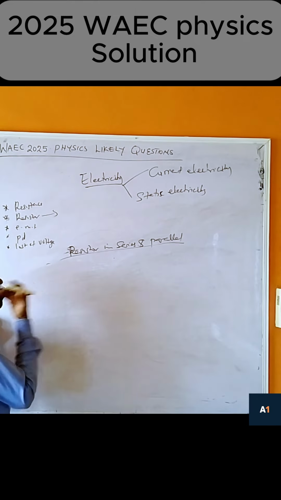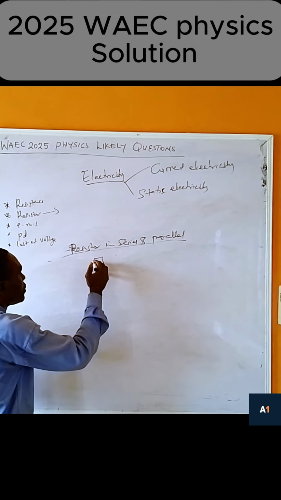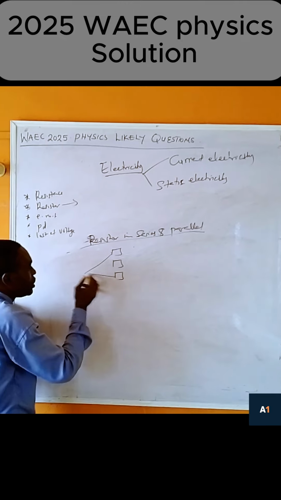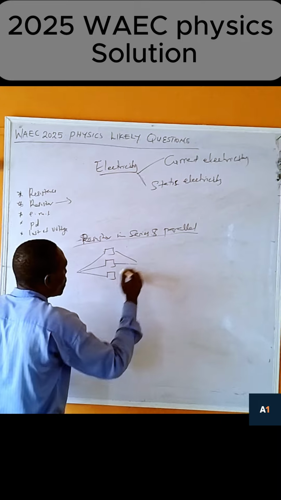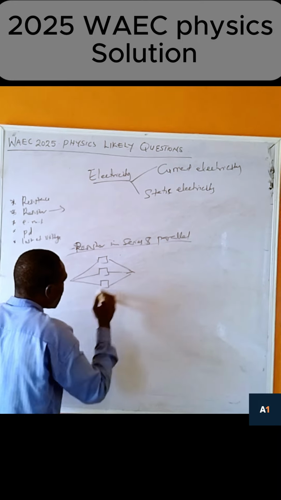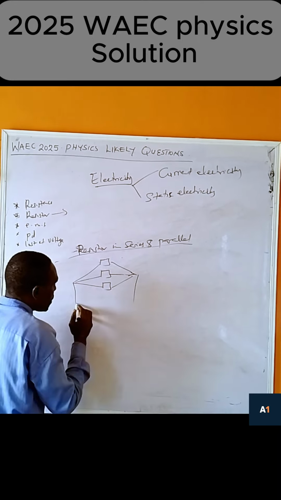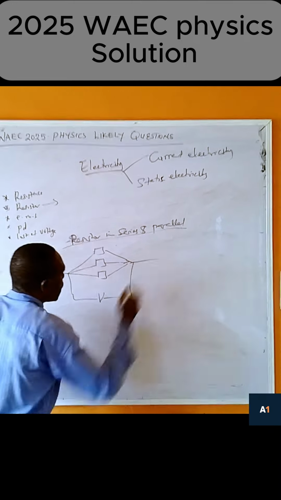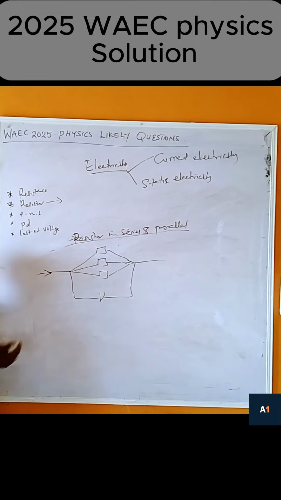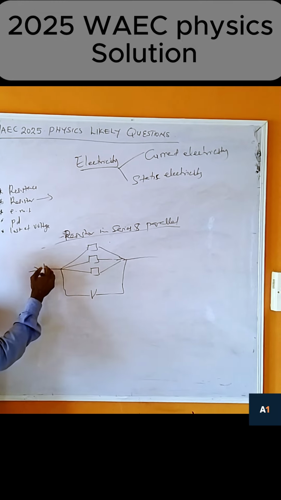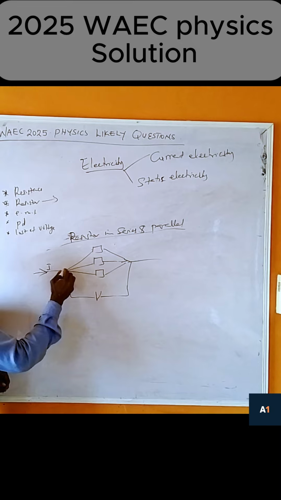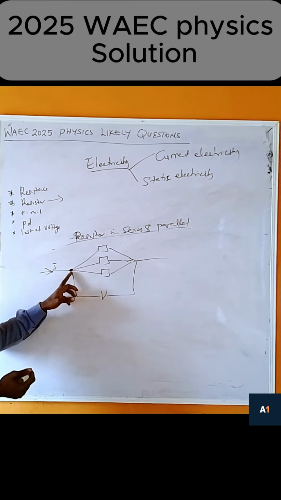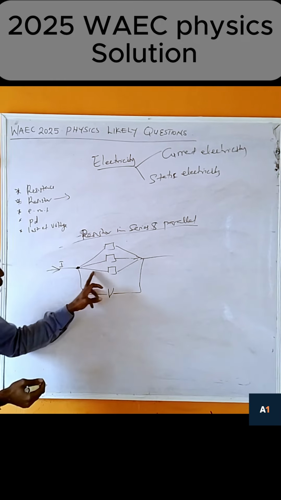So let's now prove it for the one in parallel. Yes, in parallel. You can see it side by side. This one connects to this, this one connects to this, this one connects to this. Now we have a terminal here which is called voltage. Now, if the current is flowing here, when it gets to each junction, just like water flowing, we have three taps. So one will flow here, another one will flow here, another one will flow here.